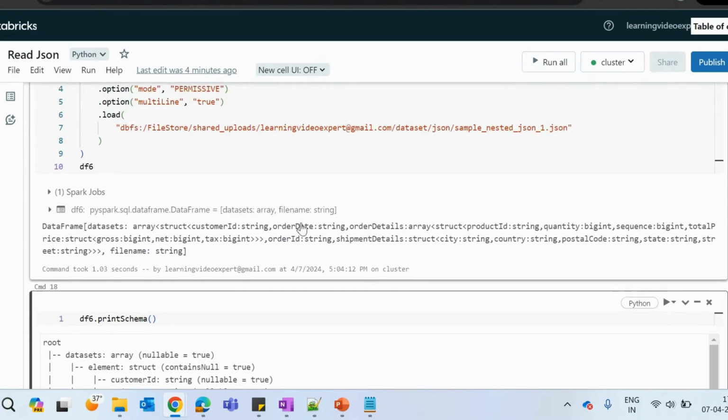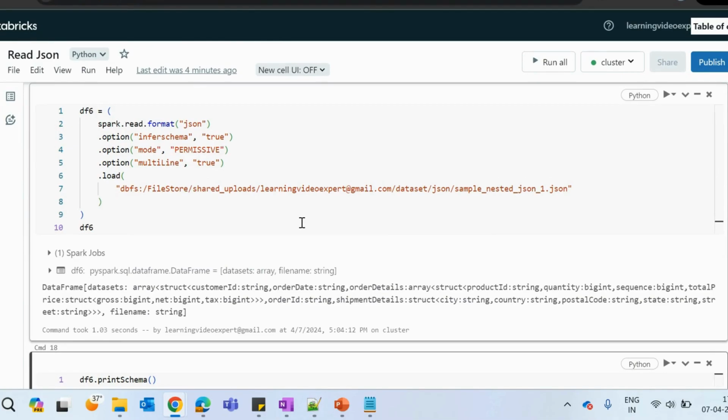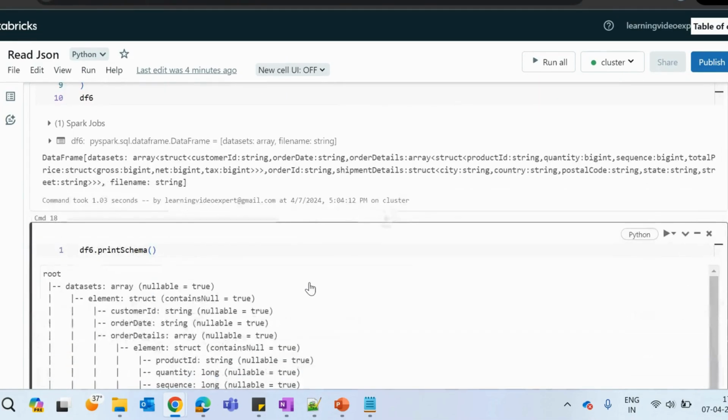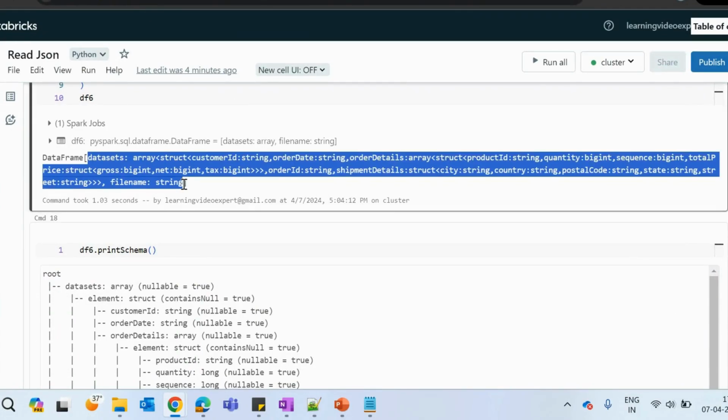If in case you want to declare your schema explicitly, you can do that. You need to use your print schema and your schema, take this, and explicitly decide and write down your schema with it. I have actually explained how exactly the schema looks, what is a struct type, what is a struct field. If you have not watched that video, you can go back and watch that video. I will pin that in the I button as well and in the description box, so that you understand how to explicitly declare your schema.